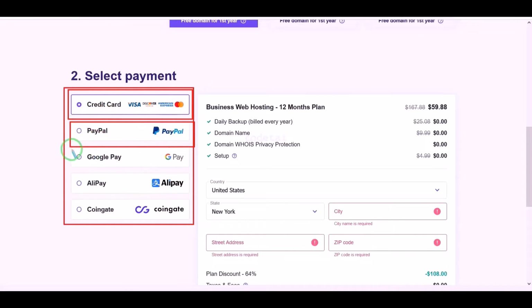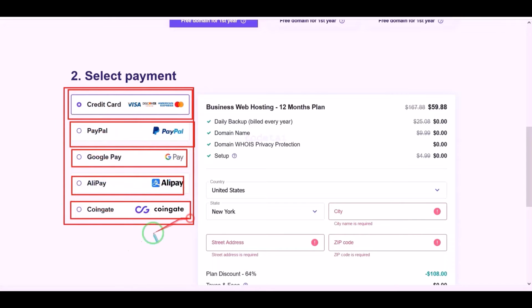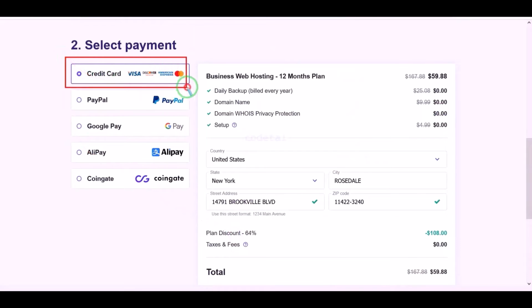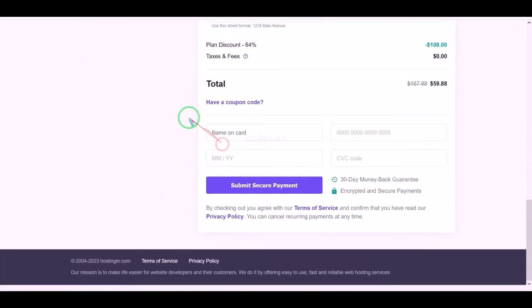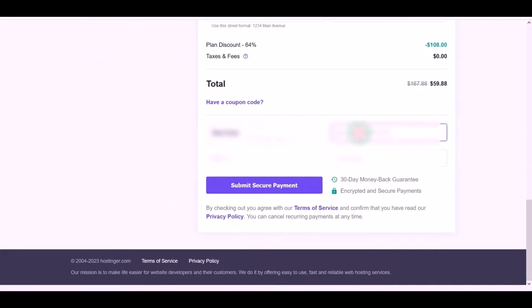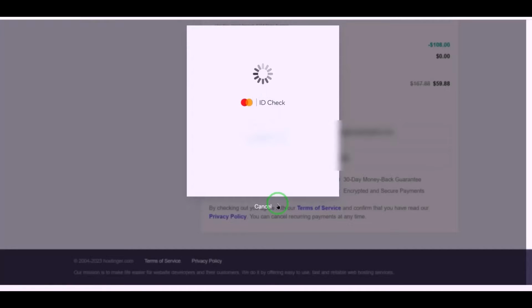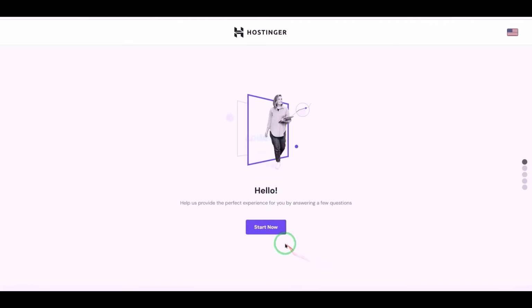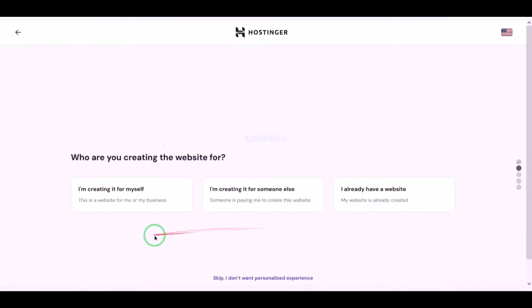We can purchase domain hosting using many international payment gateways. You can purchase domain hosting using your preferred payment gateway. We need to submit account information here to make payment. For example, we will now pay by banking card. For this, we need to submit correct card information here. Then we have to confirm the payment by clicking this button. Our payment is complete. We will now click on the Start Now button.